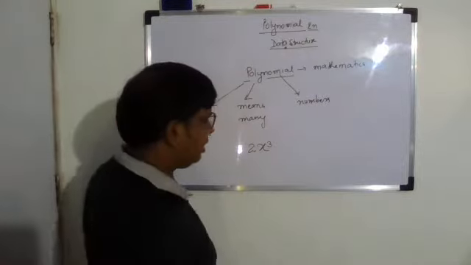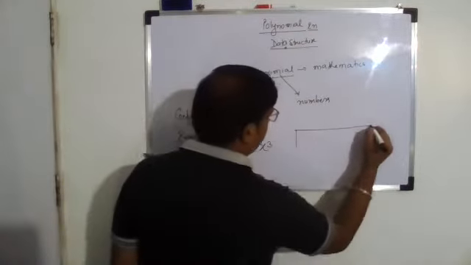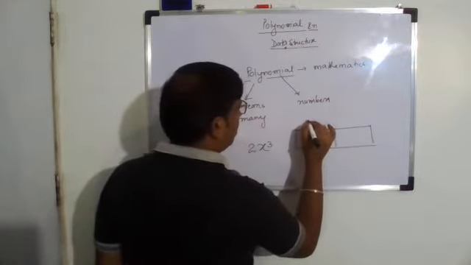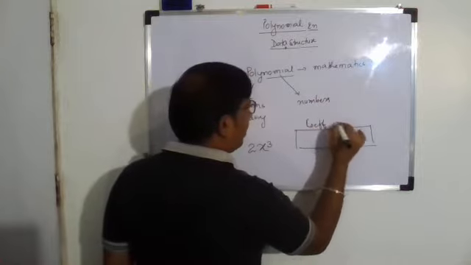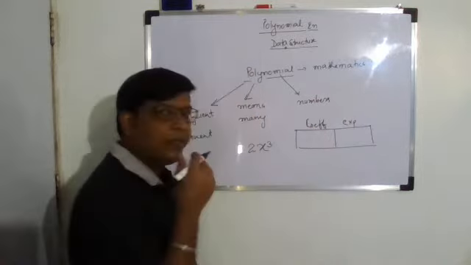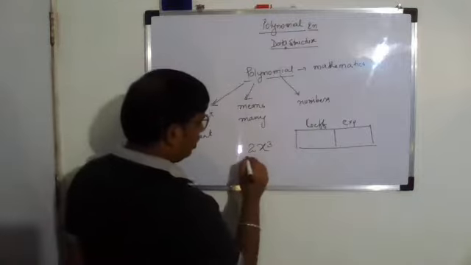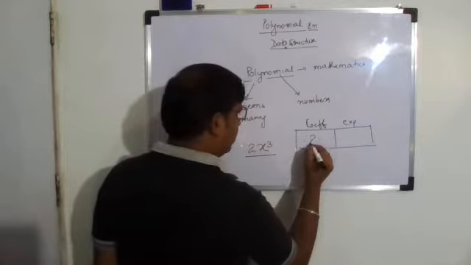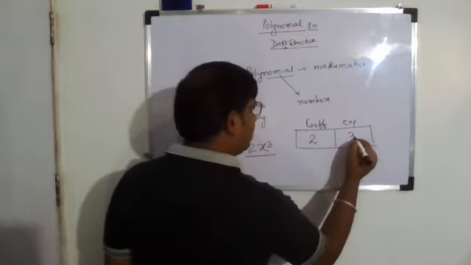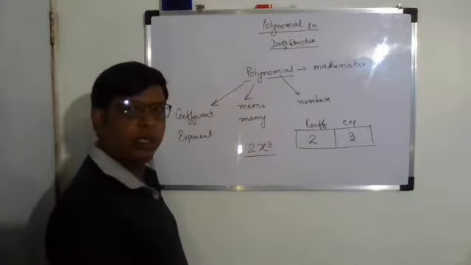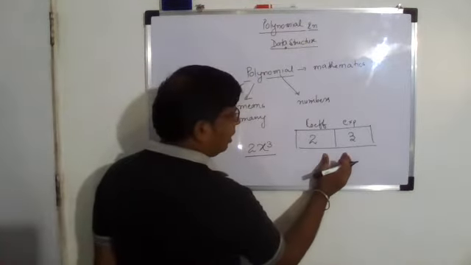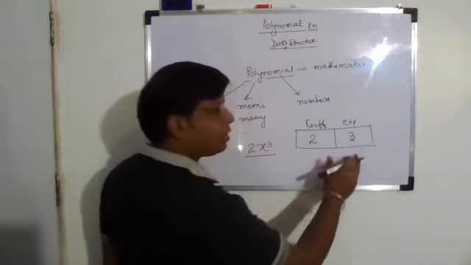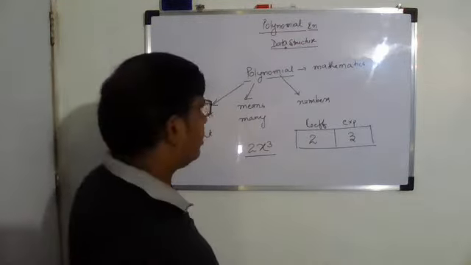right? So when we say the coefficient and exponent, this means a polynomial can be divided into the coefficient and the exponent part. So assume that this is a polynomial, a part of a polynomial, and I want to represent it. So 2 becomes its coefficient and 3 becomes the exponent, right? So this is a very simple illustration of how polynomials are used in data structures. So it becomes very easy to understand, right?